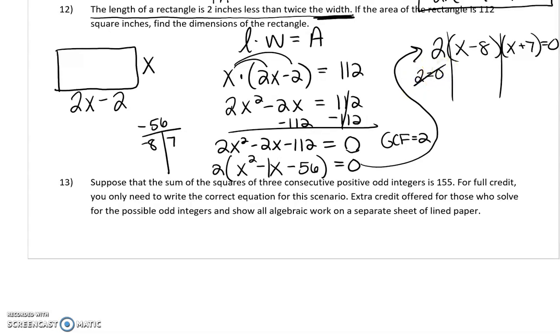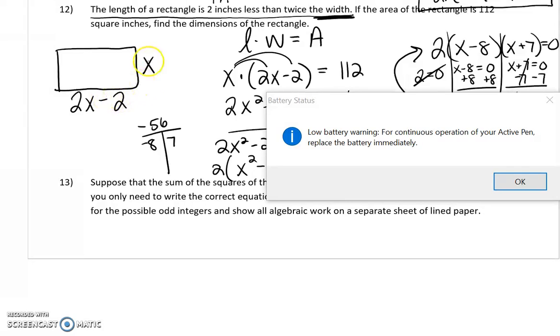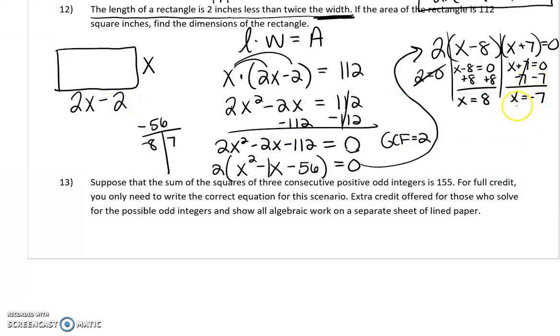2 equals 0 doesn't make sense. There's not even a variable there, so that does not give us a solution. X minus 8 set equal to 0 gives us a possible solution of x equals 8. And x plus 7 set equal to 0 gives us a possible solution of x equals negative 7. Because we're talking about the length and the width of a rectangle, a negative answer is not going to make sense. So we're going to want to go with the x equals 8, which tells us that our width is